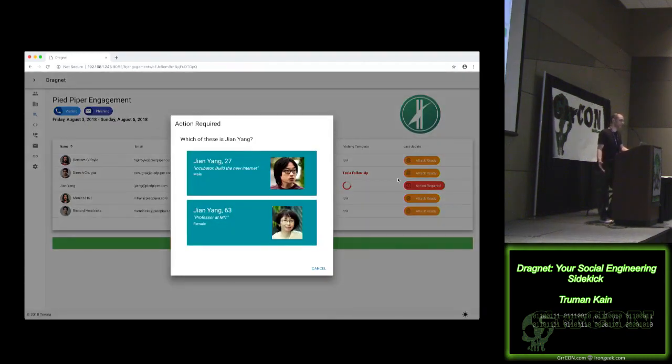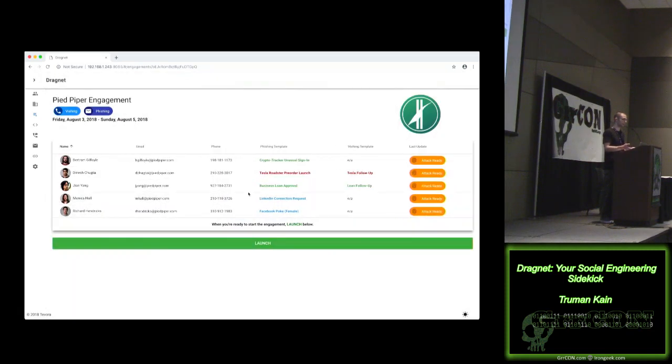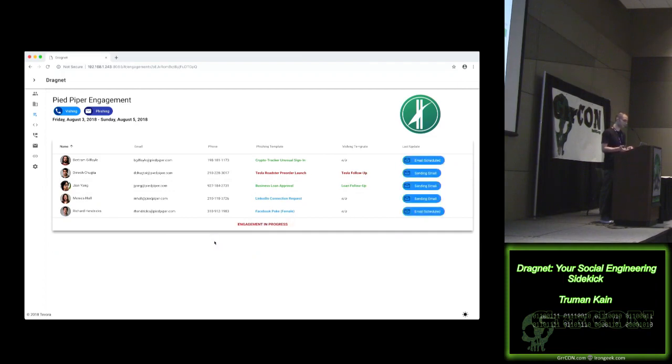So this is kind of what I was talking about earlier with the hands near the wheel. So we need to pick who is Jin Yang. Maybe we know, maybe we don't, but if we mess this up, it could skew the model that we're training to give recommendations on. Because let's say that we choose the wrong Jin Yang, she's exploited, it just throws things off because now someone with different data points is running against a model. So now we see that we have a business loan approval and loan follow-up call for Jin Yang, and we